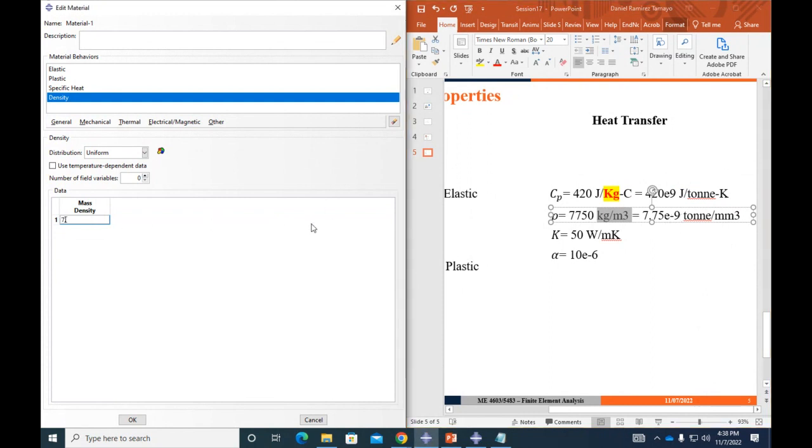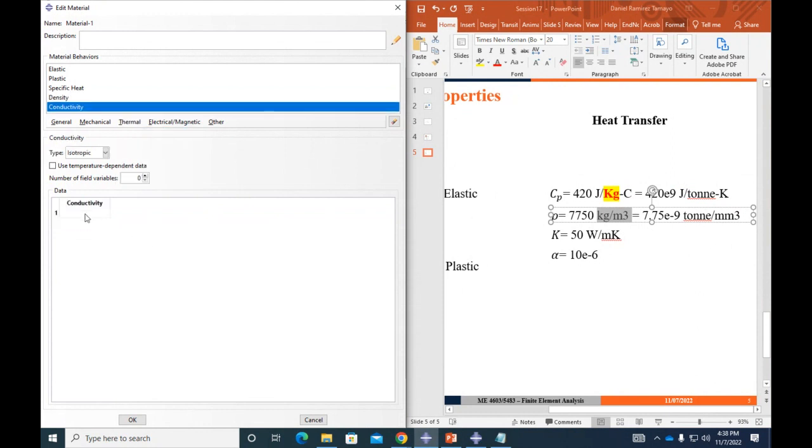So 7.75 e to the negative 9. The conductivity, 50. We don't have to change that one. All right. Watts over meter Kelvin. That can stay like that, because if I change the watts, I also have to change the meters. So at the end, this is gonna be the same as 50 over centigrade millimeters. So we don't have to change this one.